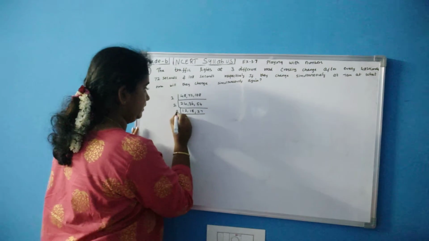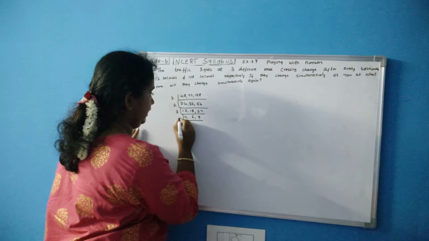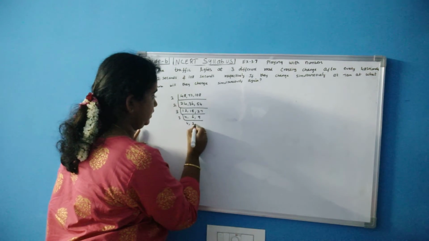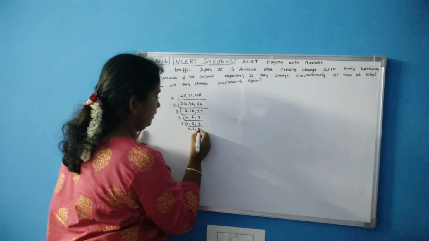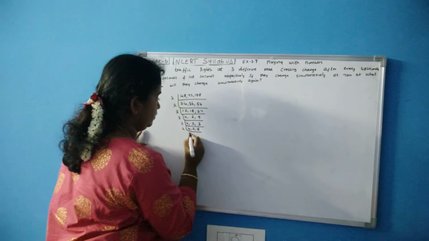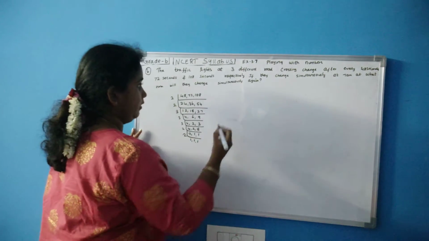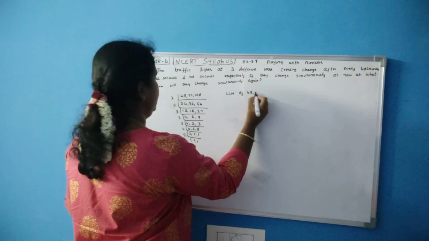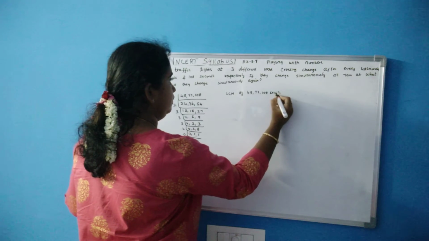Now all will go in 3 table. 4 3s are 12, 6 3s are 18, 9 3s are 27. Again 3 table: 4, 2 3s are 6, 3 3s are 9. Now 3 table: 4, 2, 1, 1. Now 2 table: 2 2s are 4, 1 2s are 2, 1. Again 2 table: 1, 1, 1. Now write LCM of 48, 72, 108 seconds equal to